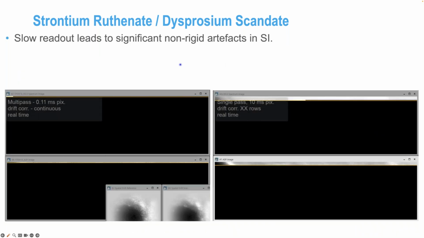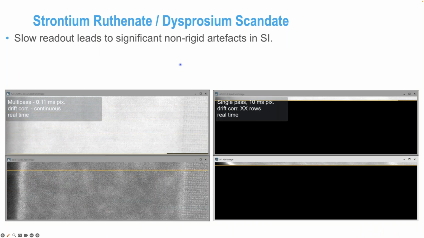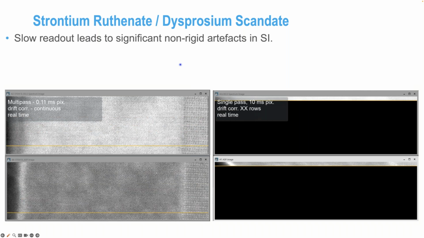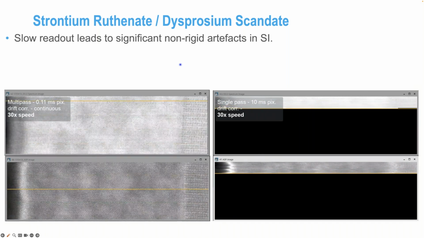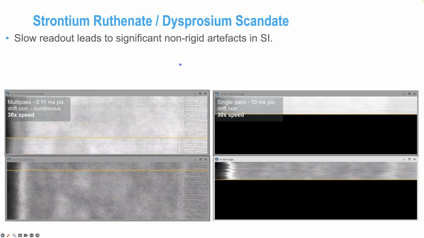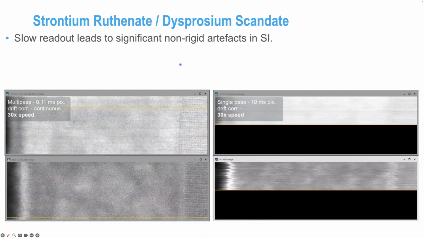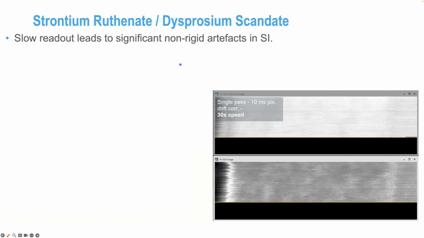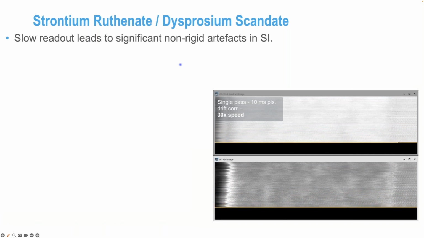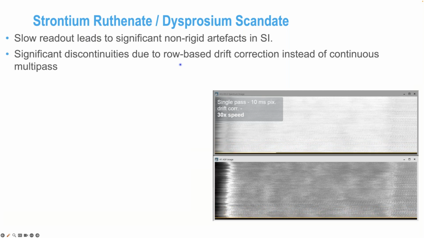So the slow readout is very, very different. This is actually different data. This is STEM data on the left, 9,000 spectra per second, so 110 microsecond pixel times, versus 10 milliseconds on the right. So many, many scans are happening on the left before we've even completed a single pass on the right. The left-hand data was continuous drift correction, multi-pass, and the right is row-based drift correction. So slow, we've kind of given up and finished with the one on the left. So massive